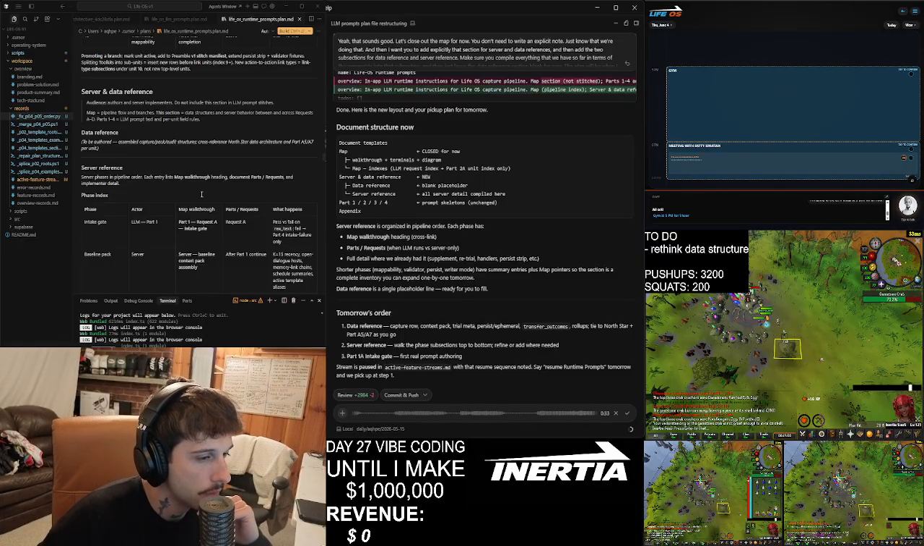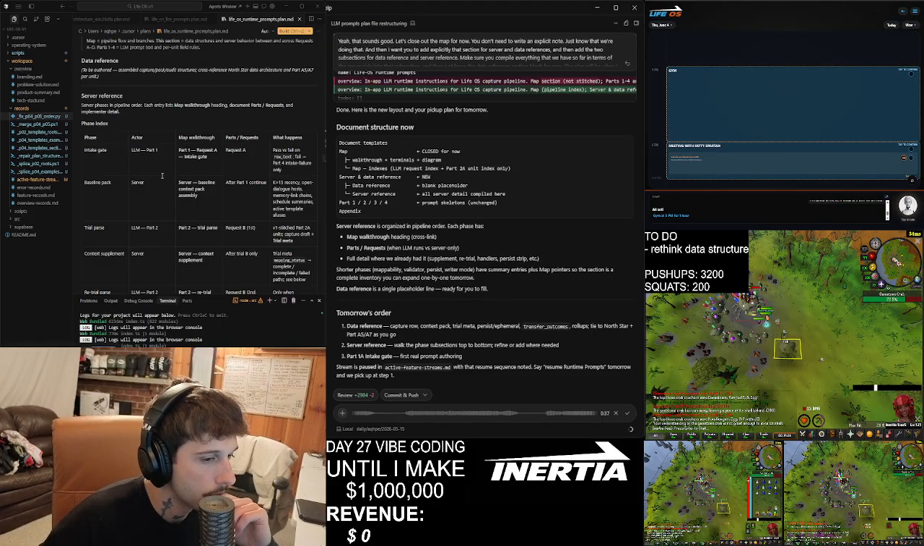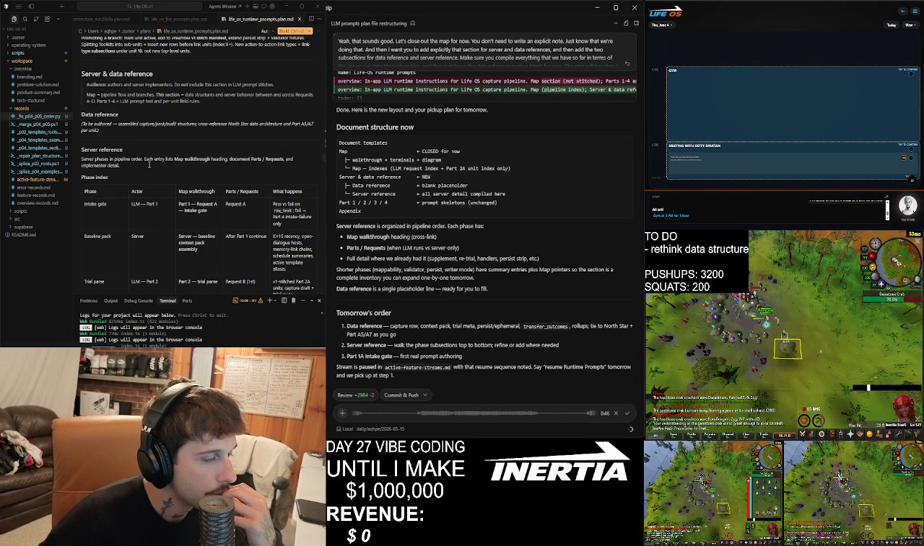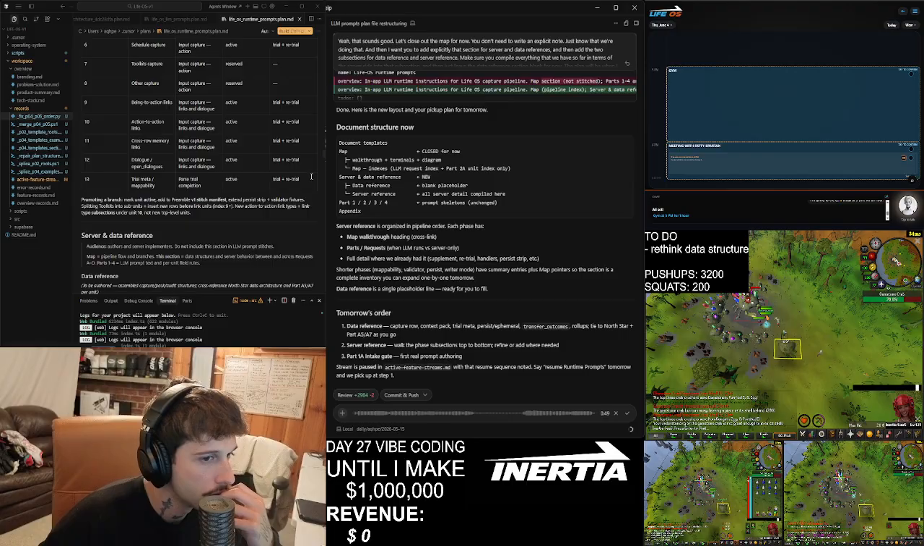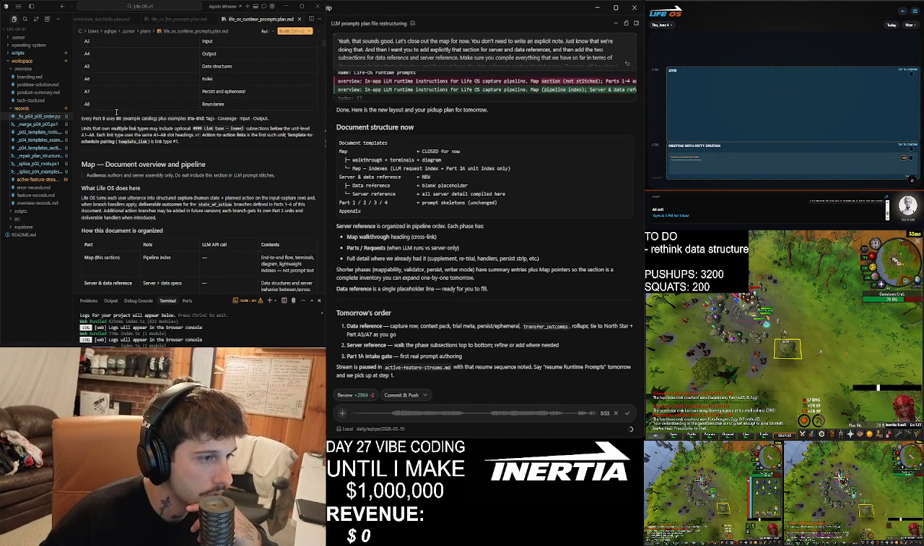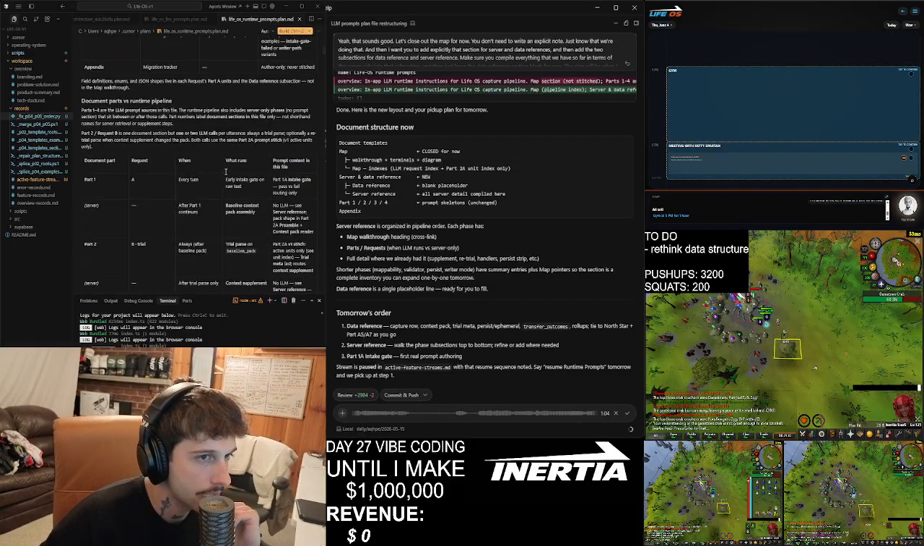Maybe data reference we still want to have. But for server references, I'm not sure if this is needed, and if it is, if this is where it would belong. If anything, wouldn't this just be its own thing outside of the introduction? The first section here is map, document overview, and pipeline, right? It should be document overview, pipeline, and data structure, and then the next section after that, I think, maybe would be